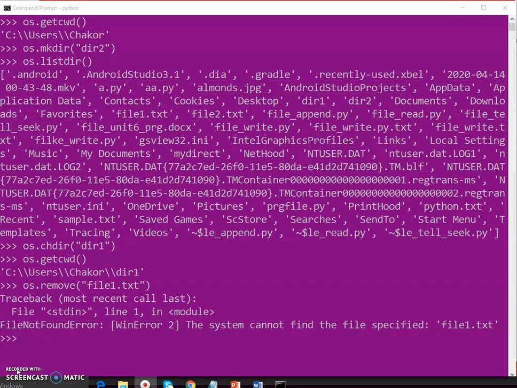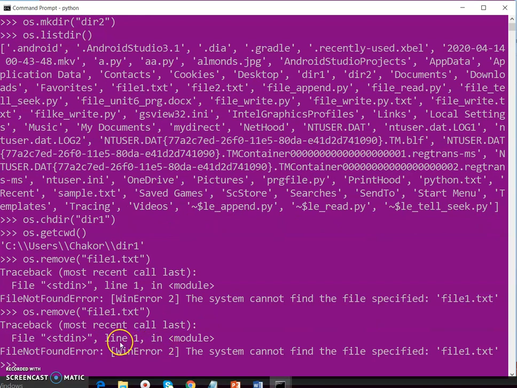Now here I am going to show you how to use the remove method. Suppose file1.txt is present, and now I want to delete that file. If I use the remove method, os.remove in brackets file1.txt, it has shown an error because file1 contains data.